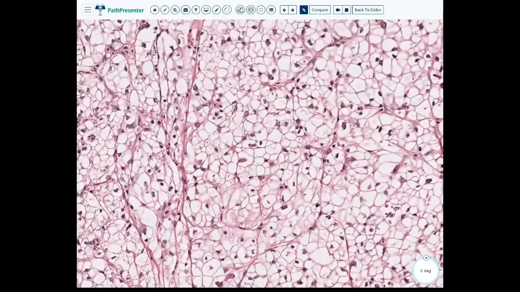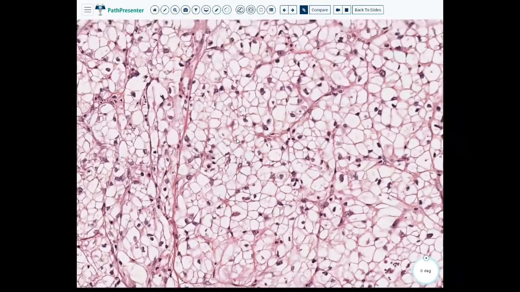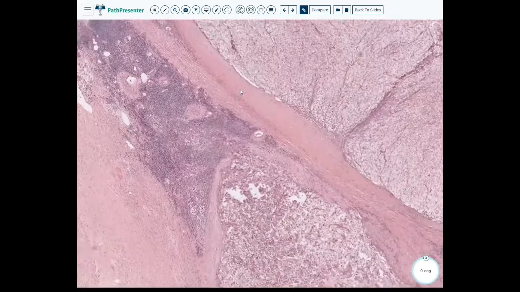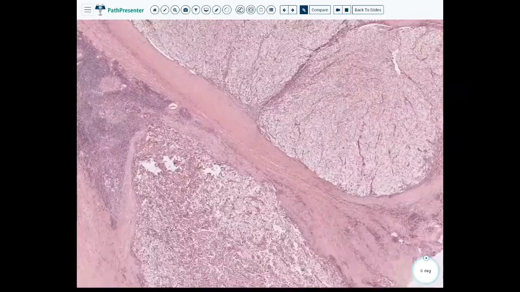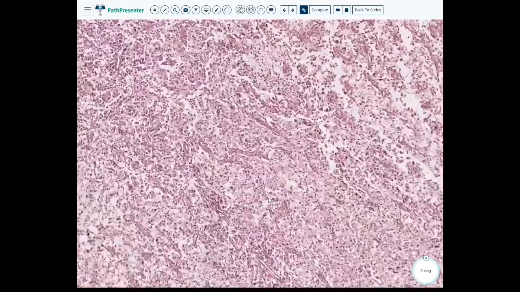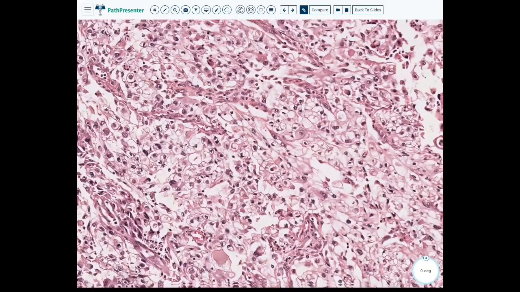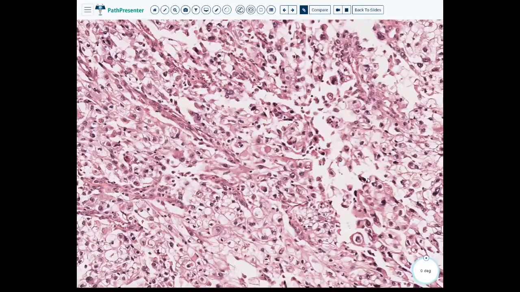Maybe it's just that area. Let's go. So again, our clear cells. This really just looks like it's falling apart though, where we have these